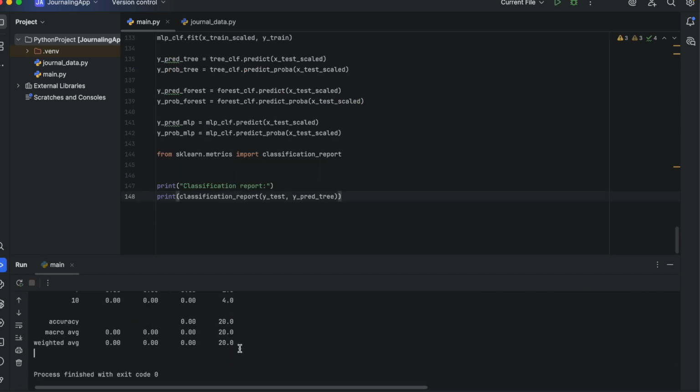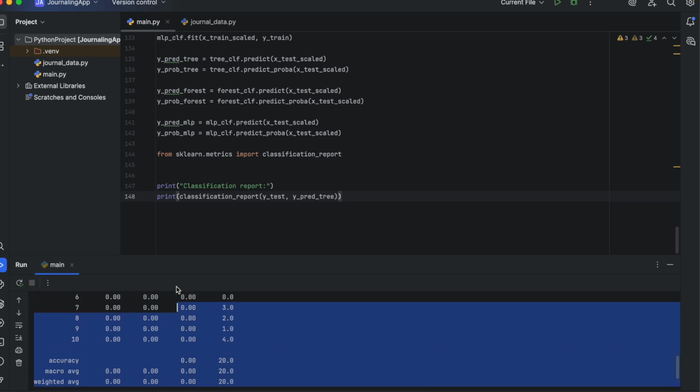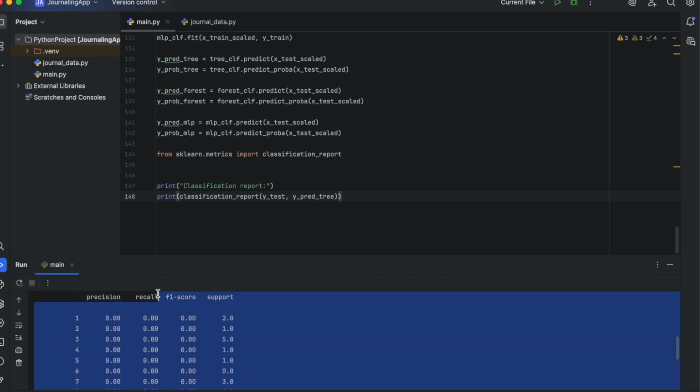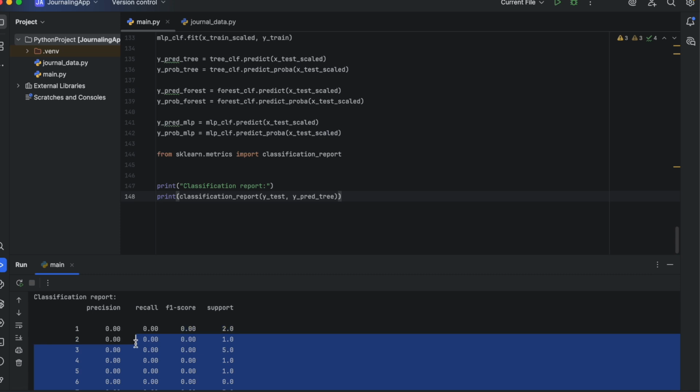Our accuracy is low, and some classes have precision and recall of 0. This is expected because our dataset is tiny and imbalanced.